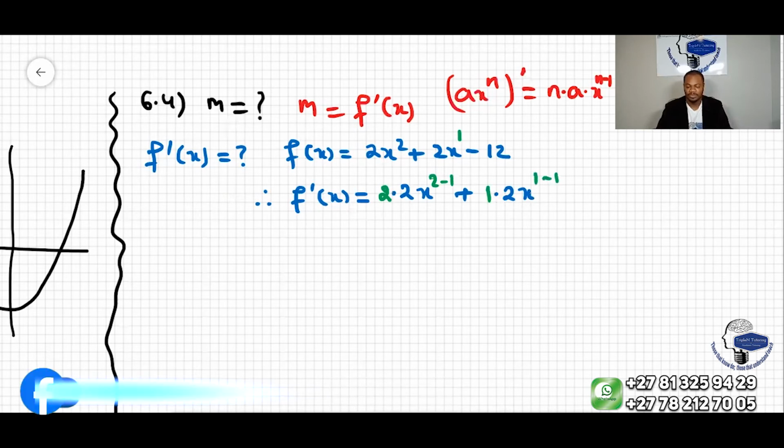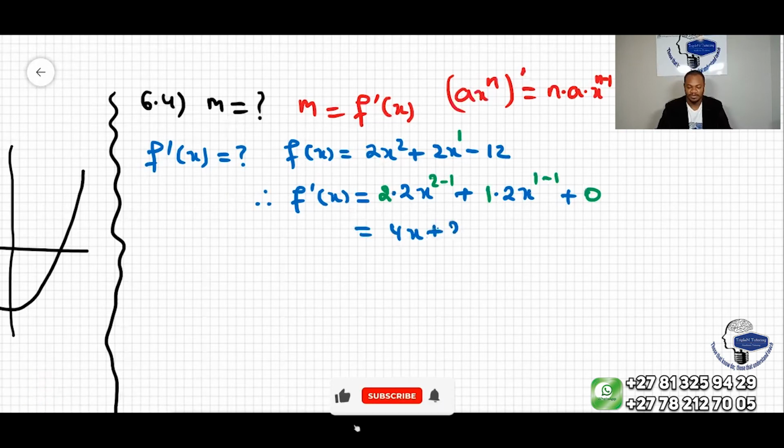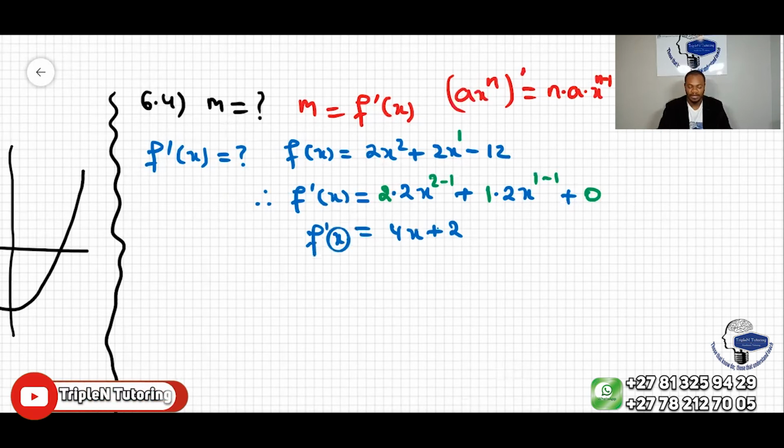And then we do know that the derivative of all constants is just 0. So that will be 4x to the 1 plus 2. I mean, f prime will be 4x